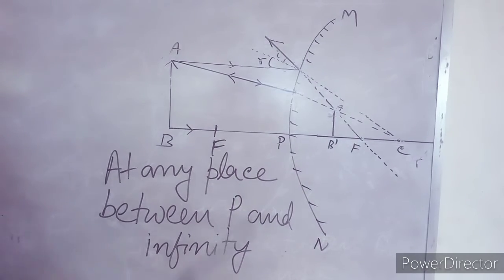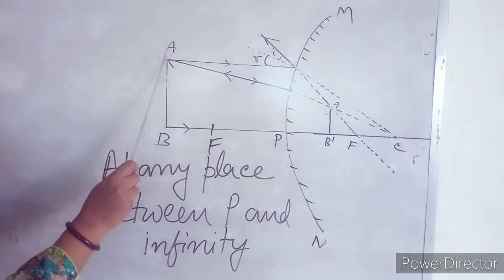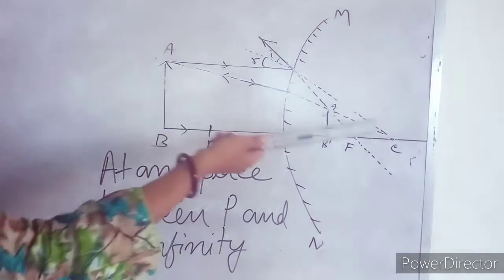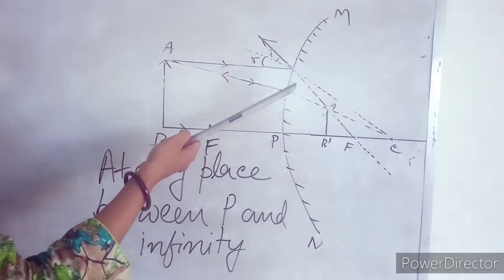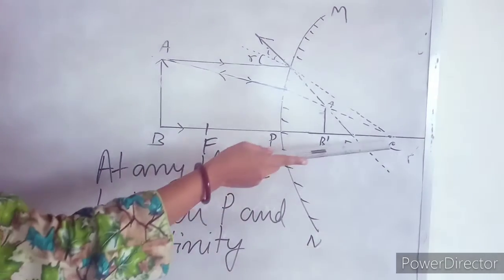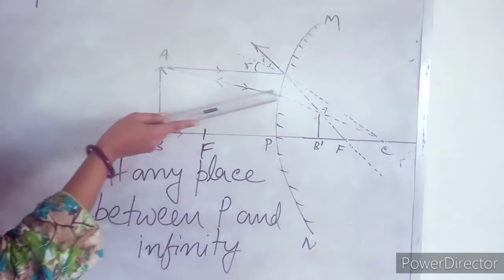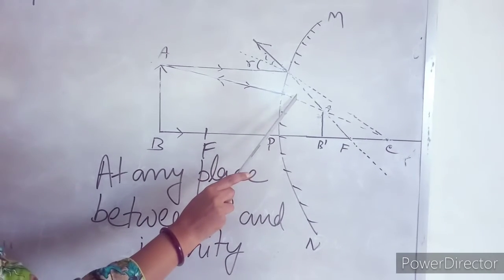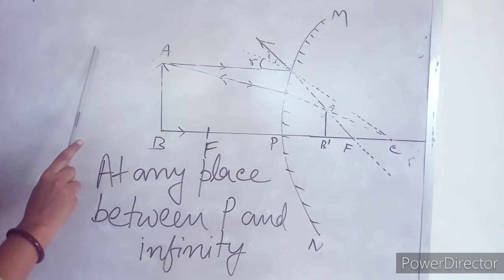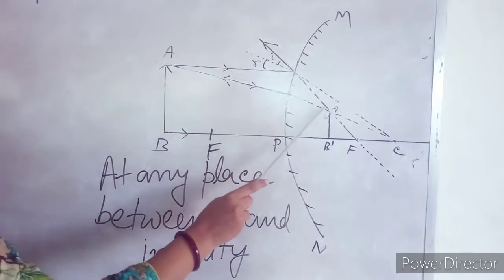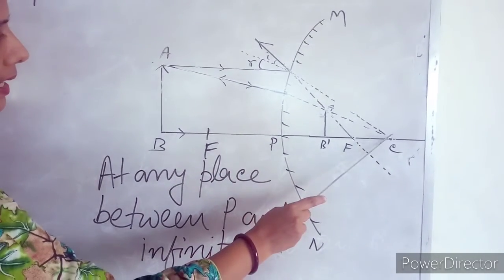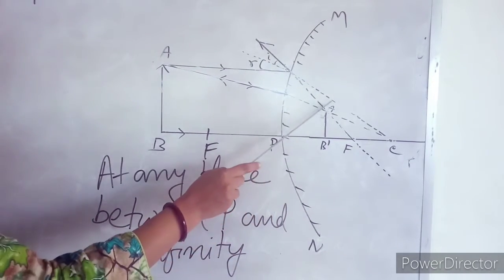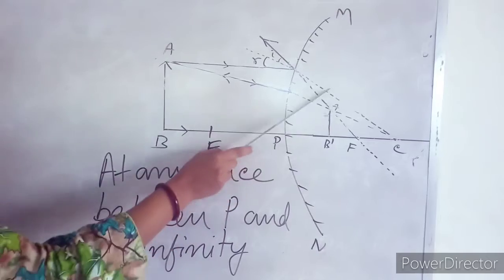Second ray, it is going to the center of curvature. Now, as it cannot go that side, I have only shown the extended ray of light. Suppose the ray of light is coming from the center of curvature, and from here the ray is going and returning back in the same direction. So this extended ray diagram and another extended ray diagram, where are they meeting? It is meeting at this point. So this is my image.